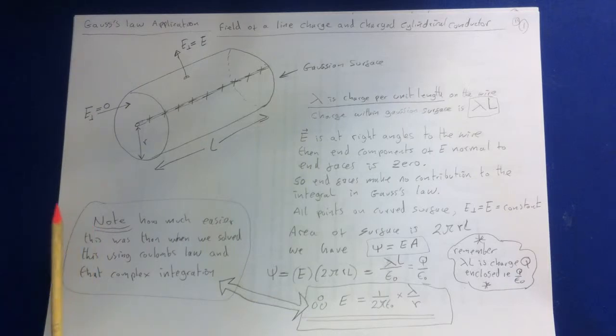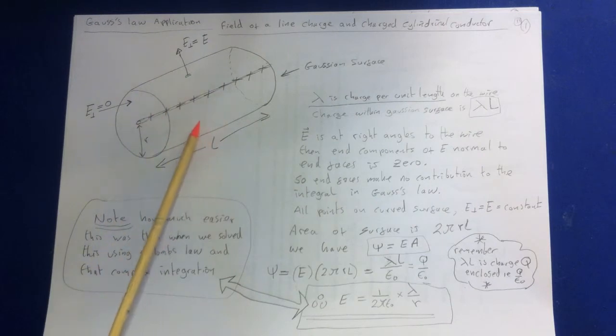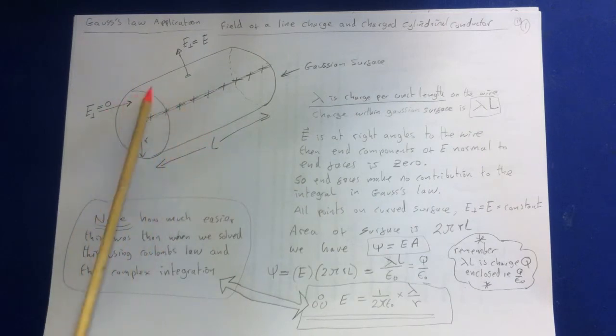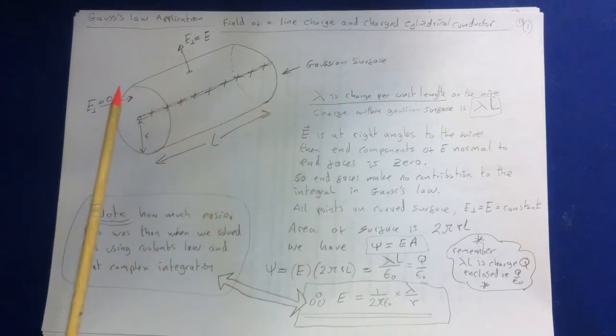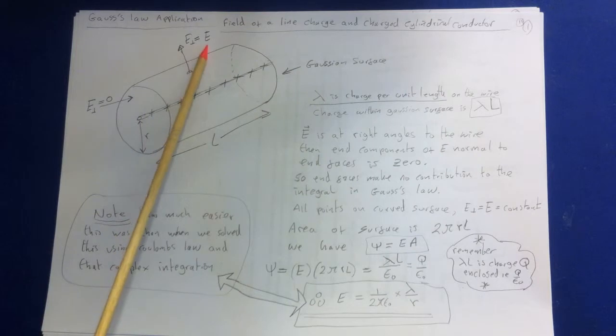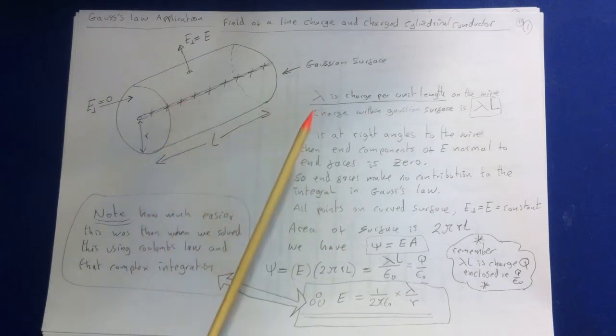And at all points on the curved surface, E perpendicular equals E, and it's a constant value. In other words, the electric field perpendicular is actually E, and it's the same value at every point around the surface of radius r. And through ordinary geometry we know that the area of the cylinder's curved surface is 2 pi r, the circumference of a circle, multiplied by the length. So we have the surface area of the cylinder, we have the electric field E, so we know that the flux equals the electric field times the area, so that we can write